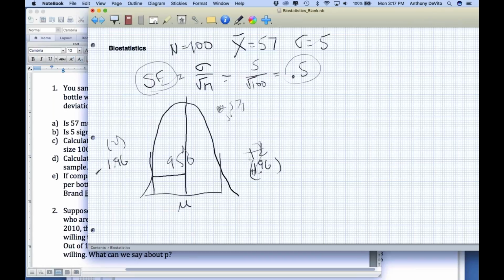Now the only problem is that we're not talking about the individual number of loads of laundry you get from each bottle, but of the repeated samples of 100. So this standard deviation that we're talking about is not sigma, it's my standard error. My standard error now represents the distribution spread for these repeated samples. So I would expect that 95% of the samples that I would take are going to be between, I'm just going to use 2 instead of 1.96 for the moment, 2 times 0.5